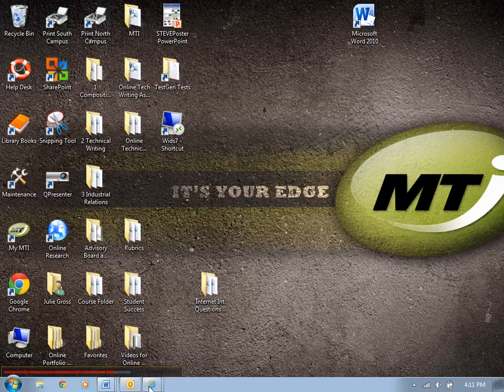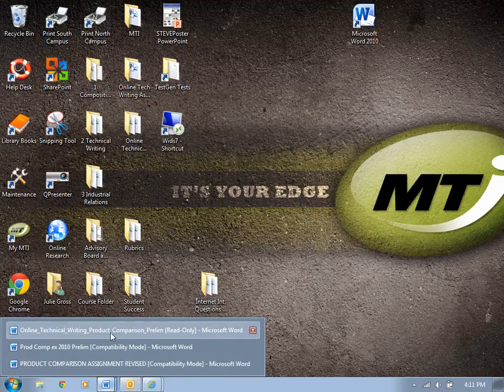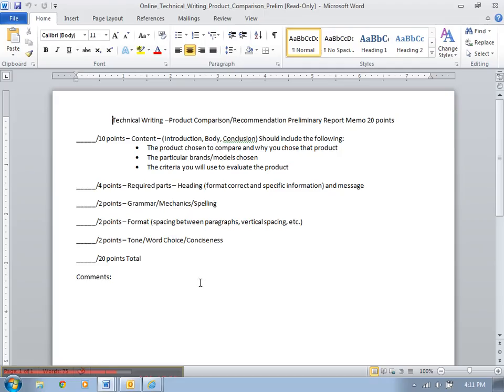Also uploaded for you on my MTI is the rubric, and if you look at that, this is only a 20-point assignment. 10 points will be for content. You have to have all of those things that are listed on the rubric. All of the required parts for a memo are worth 4 points, and then 2 points goes to grammar, formatting, and then tone, word choice, and conciseness. So those are all the things that I will look at when I'm grading your